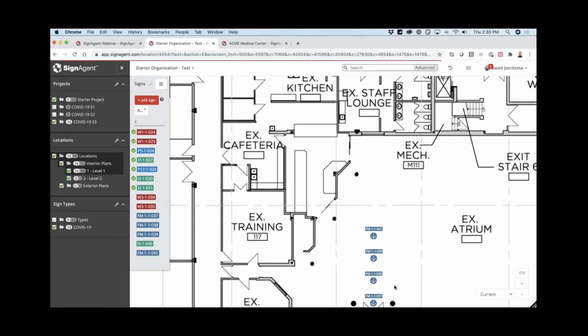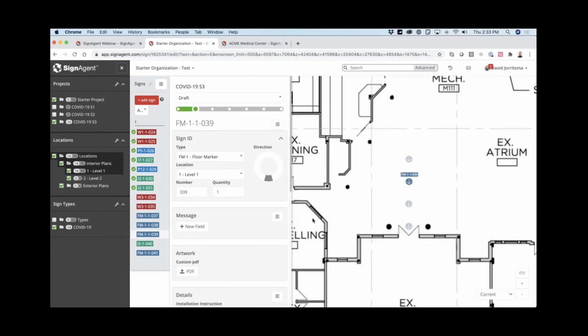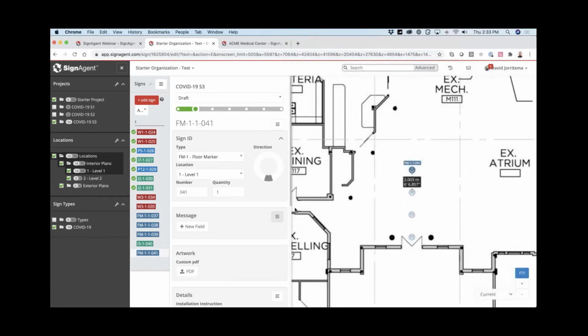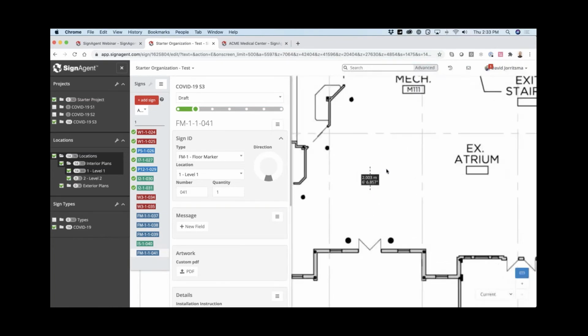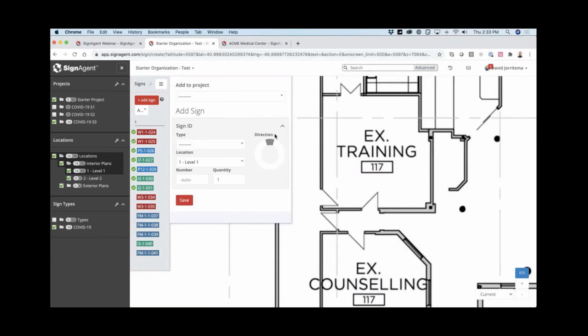The idea here is that I want to make sure that these arrows are the proper distance apart. Basically, the last two signs that you select, it draws a measurement tool between the two. And it says okay, I'm 2 meters apart, and that's what it currently is in Canada. So then I can say, let's make this line go this way, and as I rotate it,